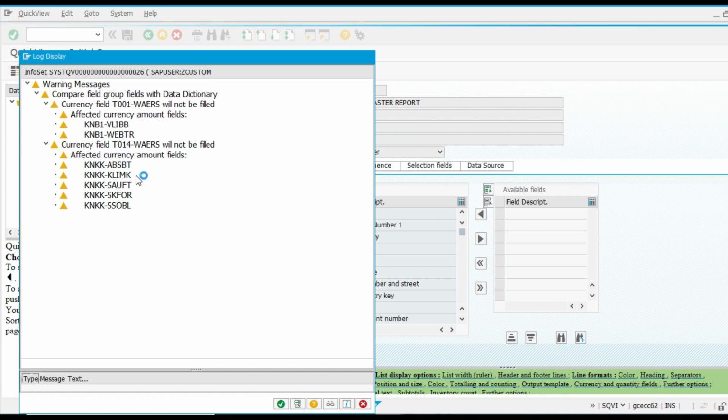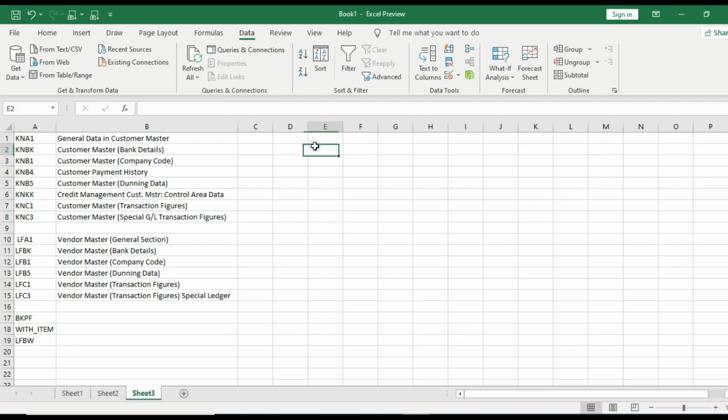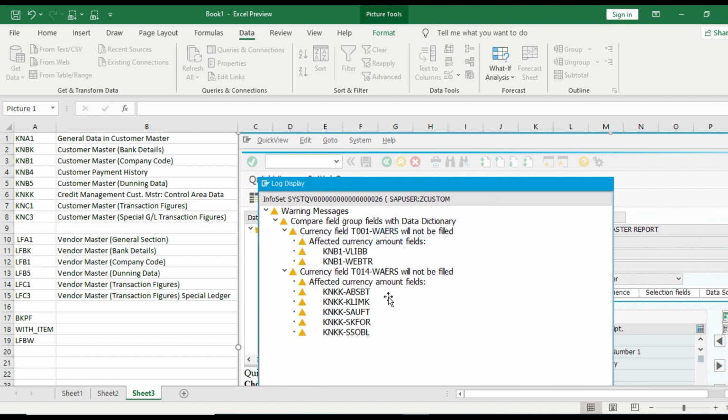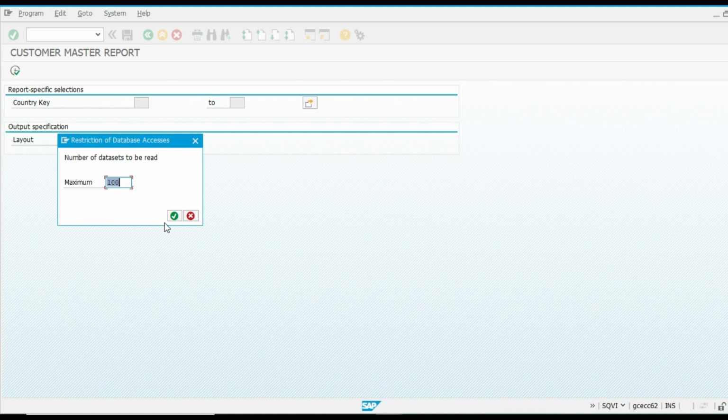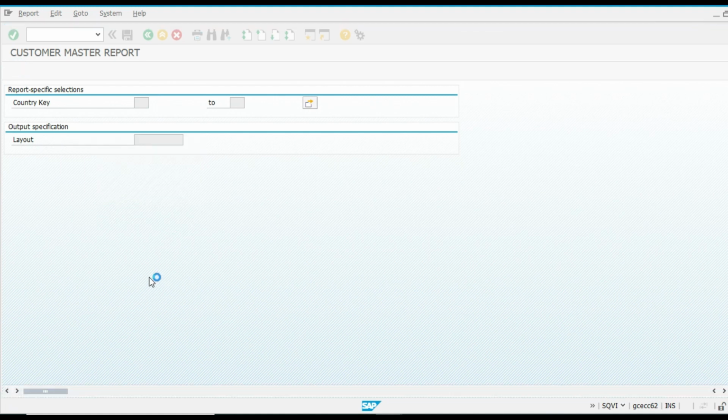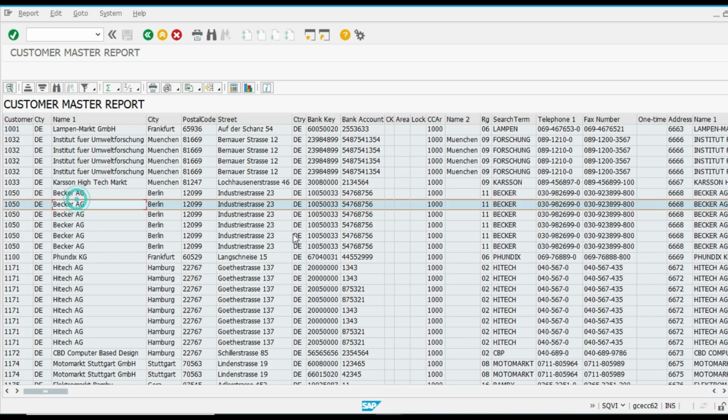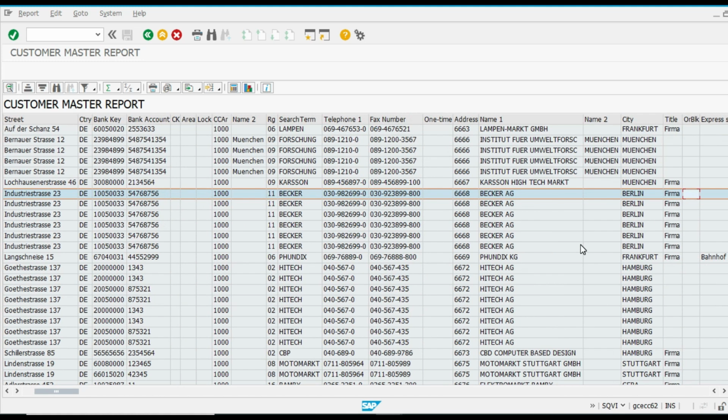Let us take a screenshot for that. See, definitely there is some figure which is coming multiple times, so that's why records are showing multiple. We have to check why it's showing.